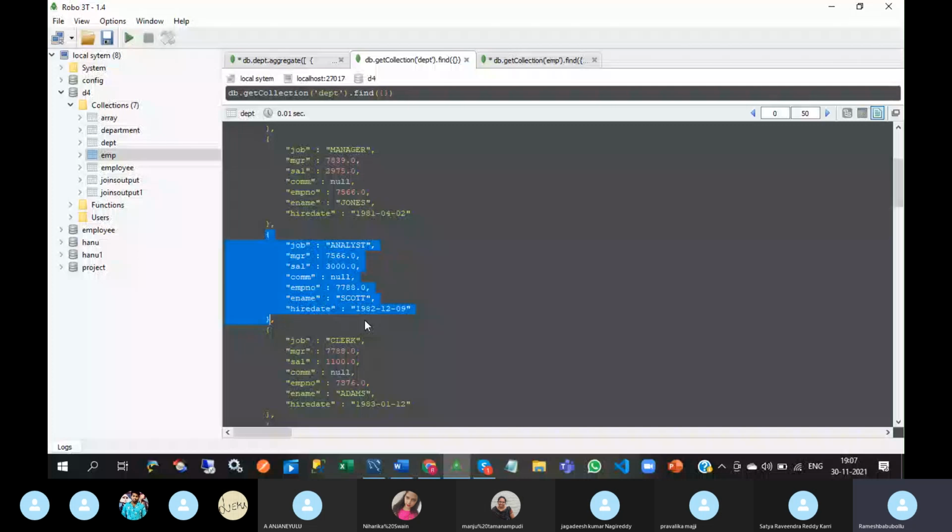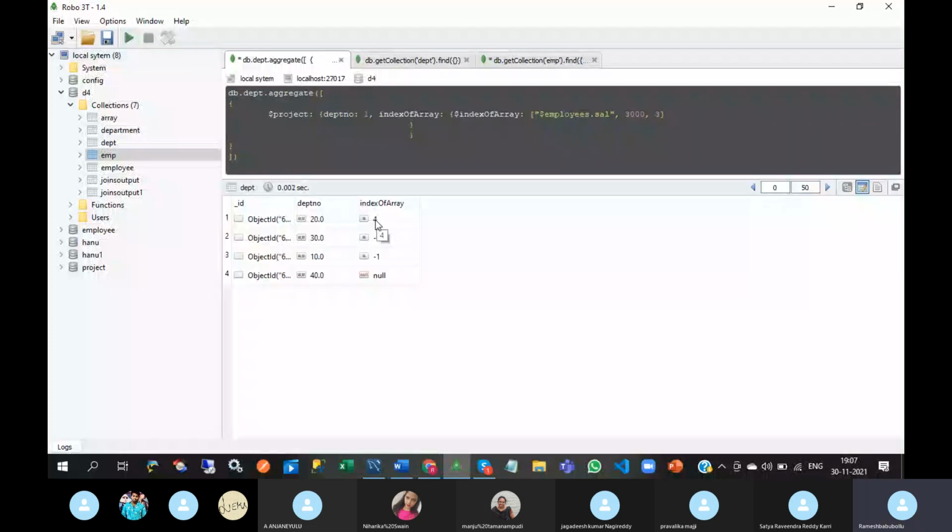If you want to know the second occurrence, then you put here 2, not 2, more than 2, 3. After the first occurrence position, if you give it, then you will get the second occurrence position.